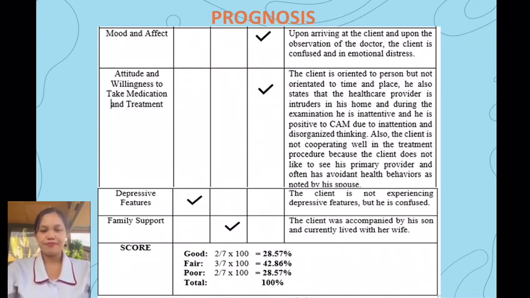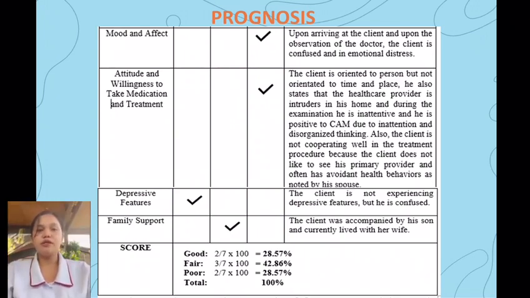And for the interpretation, the highest score rate of the client's prognosis is 42.86%, which is the fair category. Because the duration of the illness of the client is fair, the precipitating factor of the client engaged is high blood pressure, hyperlipidemia with dyspnea and chest pain. And the family support is also fair because he is accompanied by his son and currently living with his wife. The onset and the duration of the illness of the client are fair. While on the other hand,